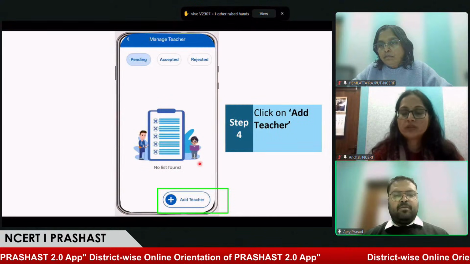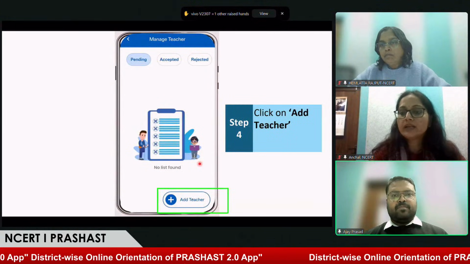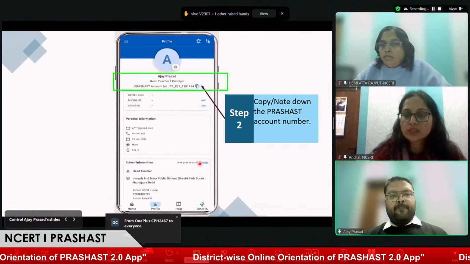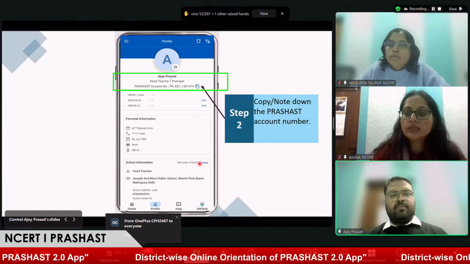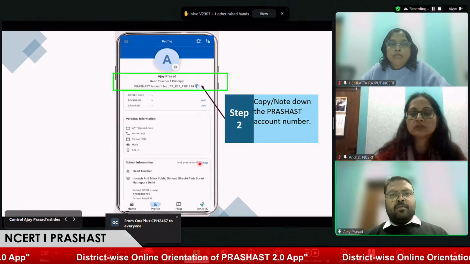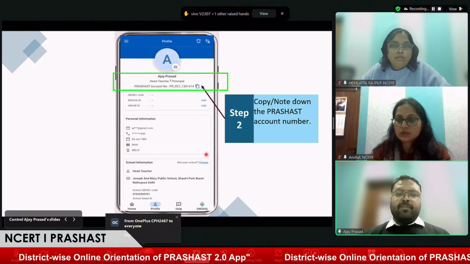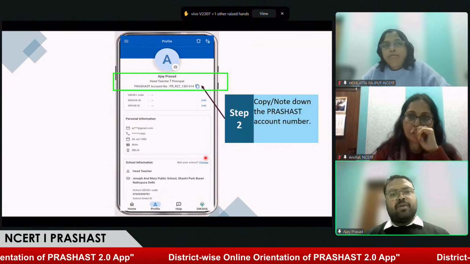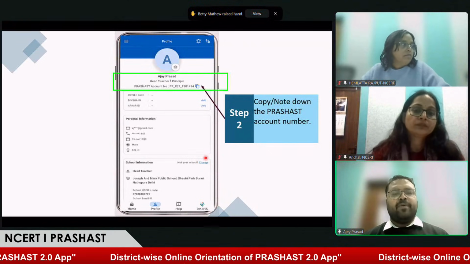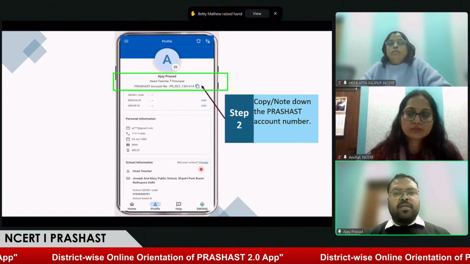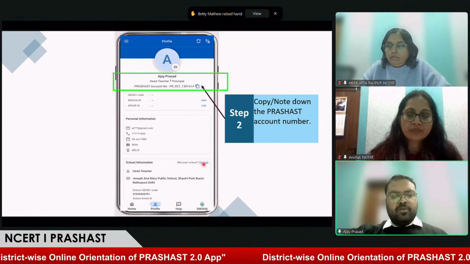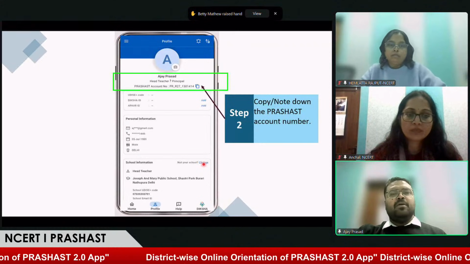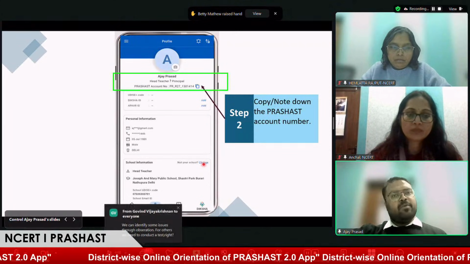Okay, and the same question we received again. How can a head teacher change the school in the process tab after being transferred to another school if she's already logged in under the previous school? Okay, ma'am. In that case, the head teacher will have to go to change school, and over there, he or she has to give the UDISE code of the new school where they are going. Once that is done, the head teacher of the new school will get a notification. Once he or she approves, the change in head teacher will happen.